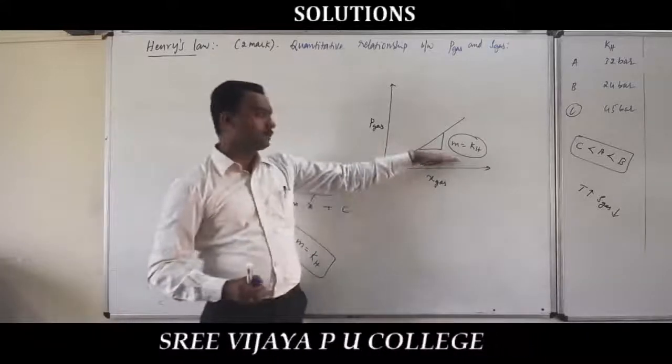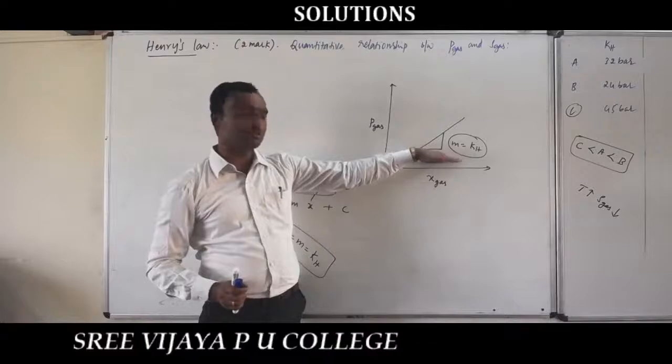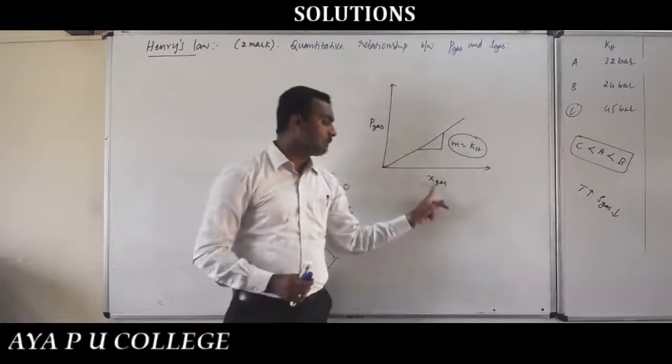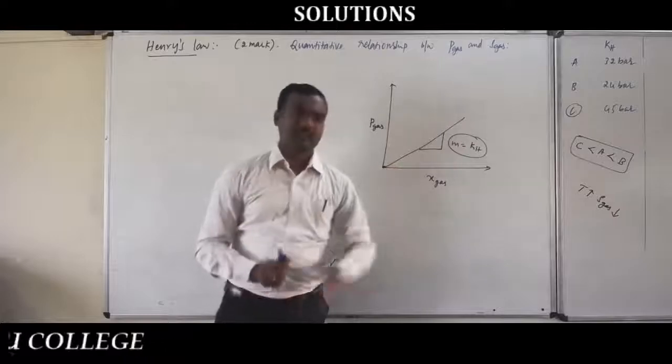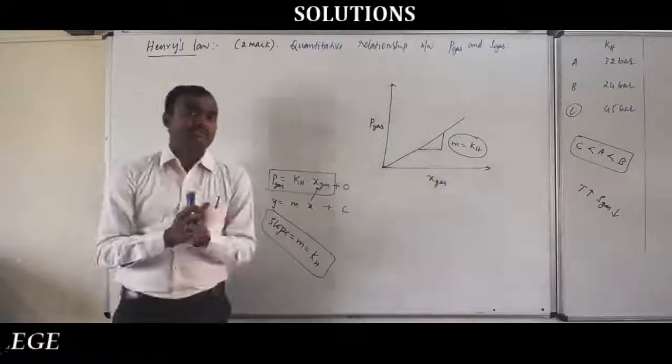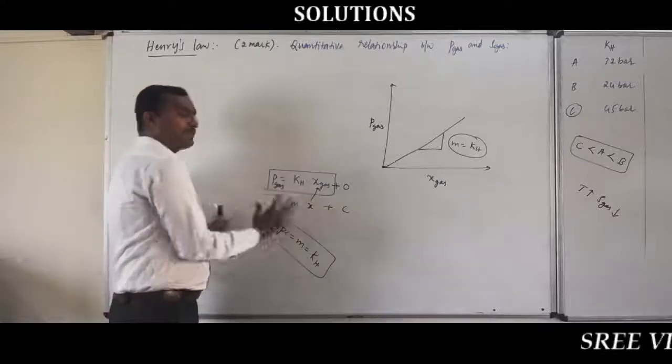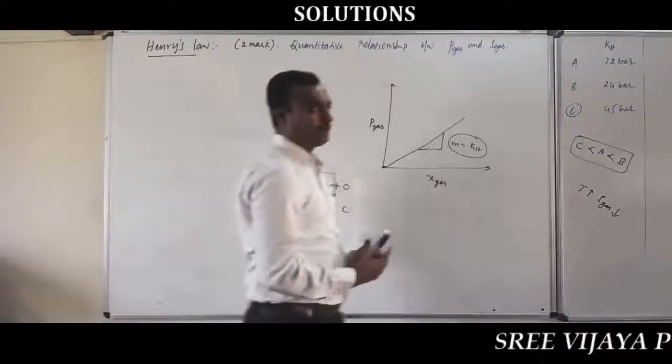The graphical representation is not given in the study material, so if you want, you can note it down. In the textbook, for HCl gas, they have given the graphical representation with partial pressure of HCl gas and mole fraction of HCl gas. So for Henry's law or Henry's equation, when you draw a graphical representation, the slope is Henry's